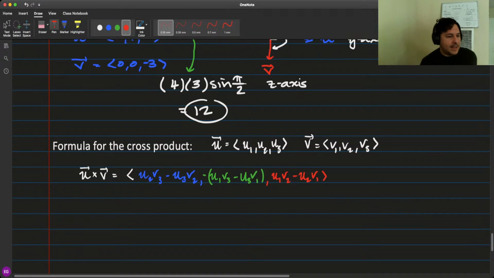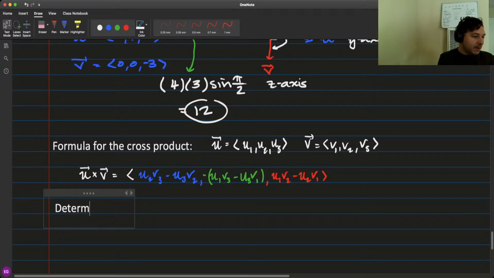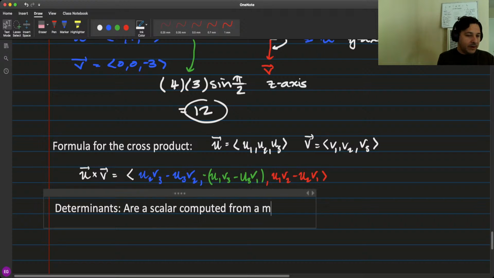Okay, I sort of showed you where this came from a little bit, and we're going to talk about where this formula comes from. It has something to do with something called a determinant. So we're going to talk about what determinants are. Determinants are something that you do to a matrix. A determinant is a scalar computed from a matrix,